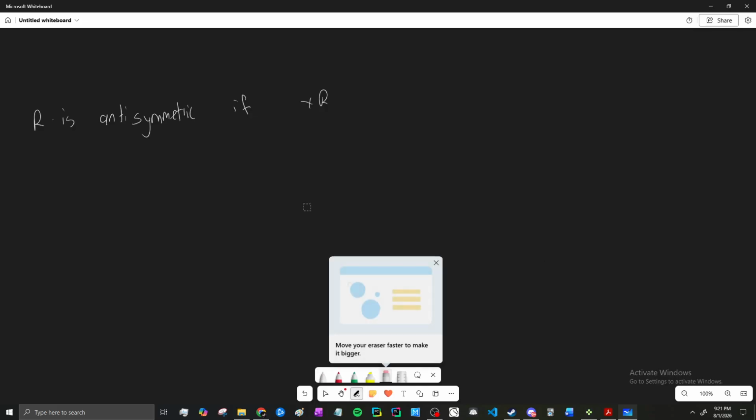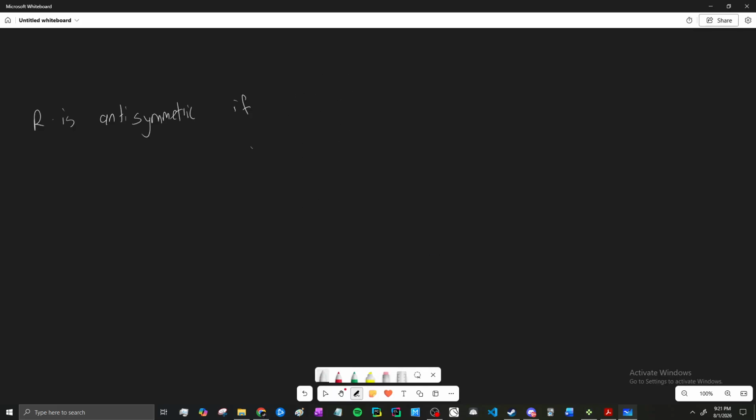So the relation R on the set is anti-symmetric if for all x, y in A, if x R y and y R x, then x equals y. This is what anti-symmetry means. Comparable is,